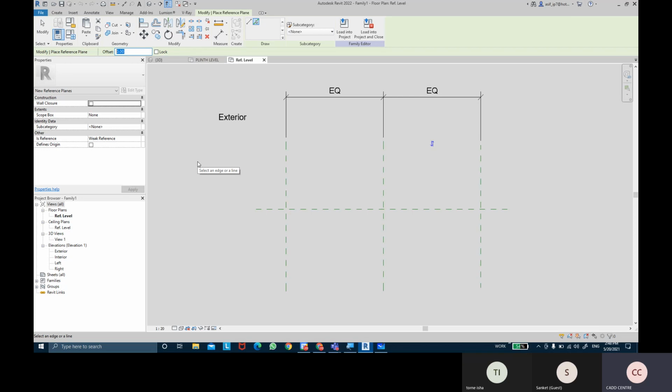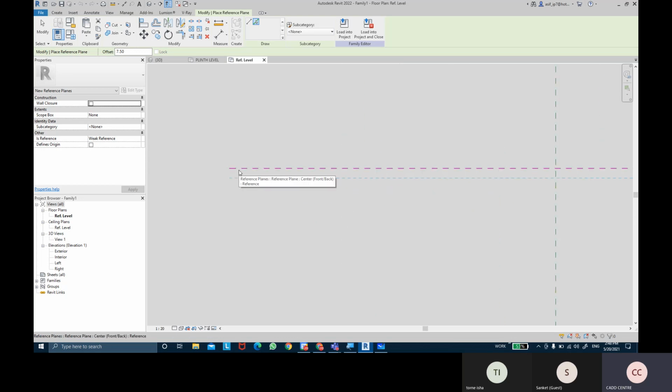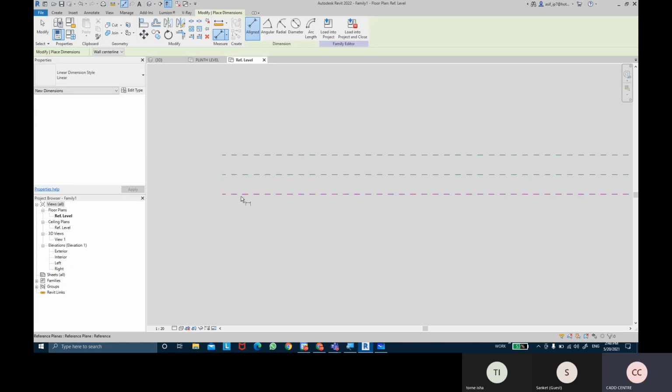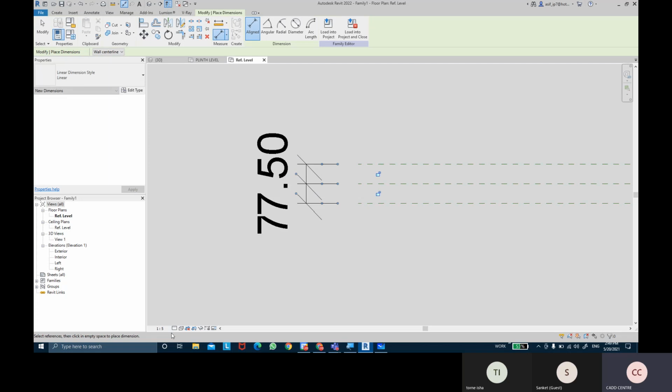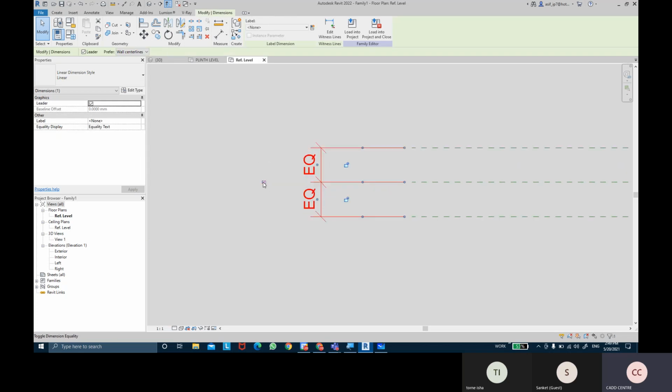Let's say I'm going to give an offset of around 7.5 mm to this center horizontal line, one in the bottom direction and one in the top direction. Then I'm going to press escape. Then I'm going to take the dimension tool and dimension these: the center reference plane and the last reference plane. I'm going to reduce this size to 1:1 scale and make this an equal parameter.